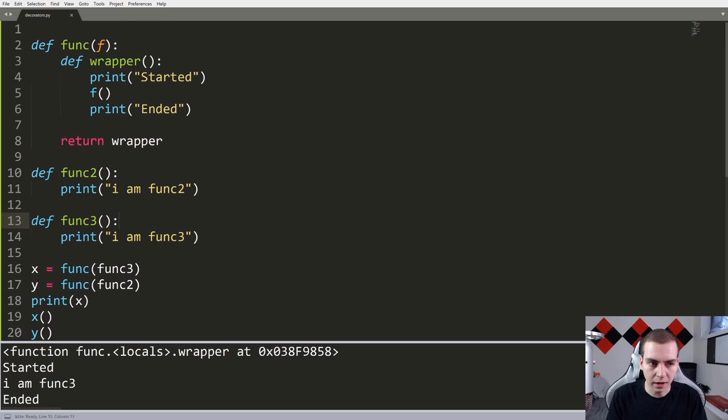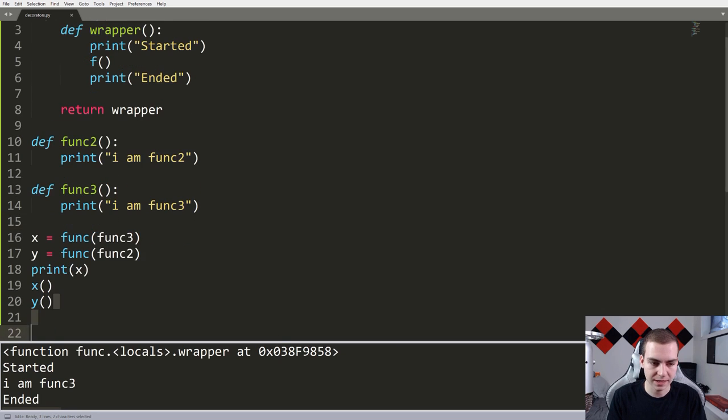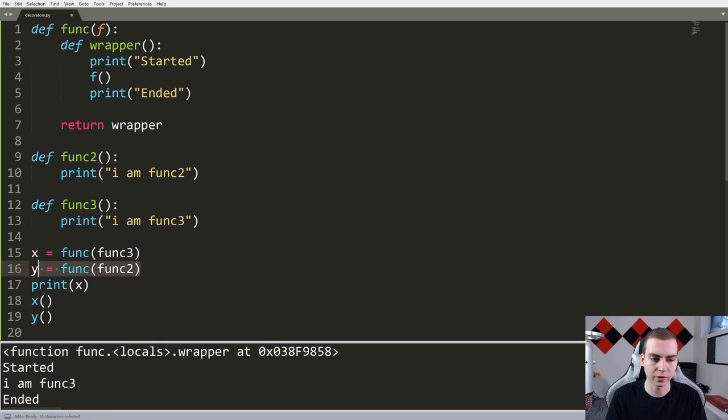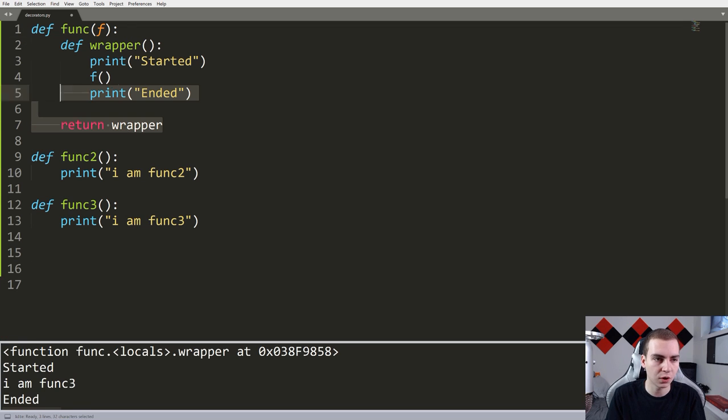So with this in mind, we can start looking at what a decorator is now, almost. But I just want to show you a way that, let's say, this function right here, which we're going to call our decorator, we don't want to have to do this weird call, right? Where we use our decorator function to call function 3. We just want to call function 3 and have it do this behavior and do whatever function 3 is, right? How would we get that to work? How would we get that to happen? Well, rather than me having to call func and pass func3 and call func and pass func2,